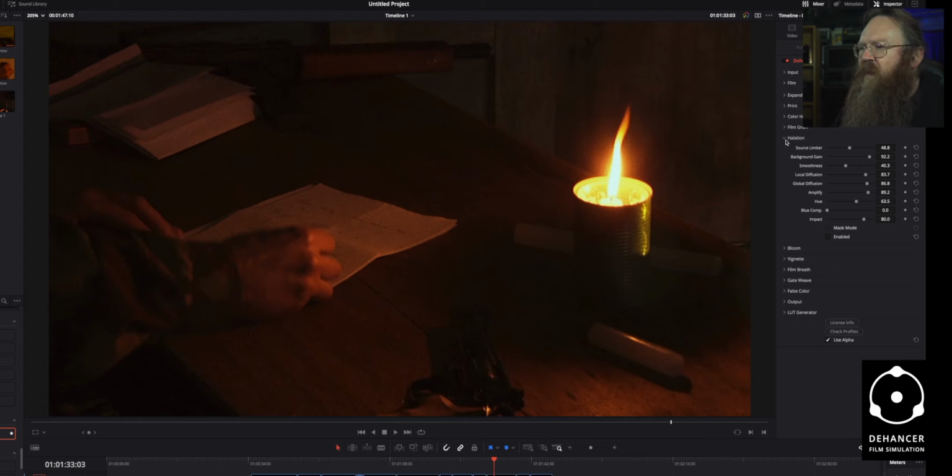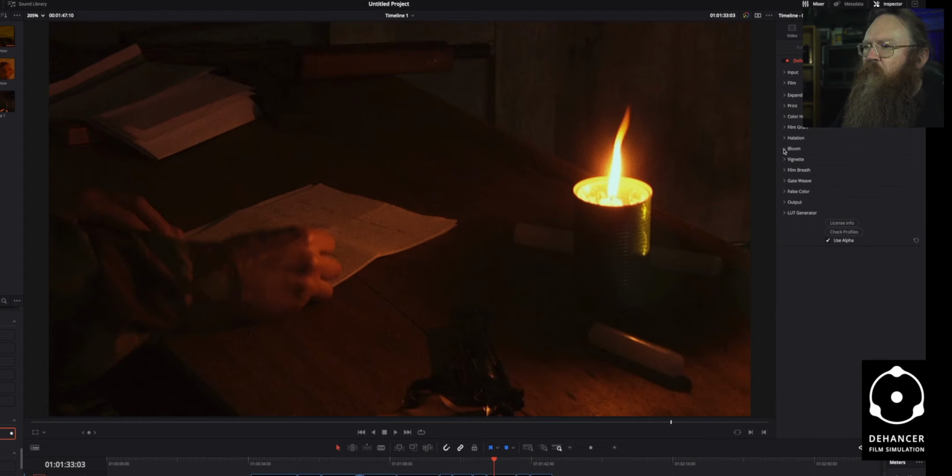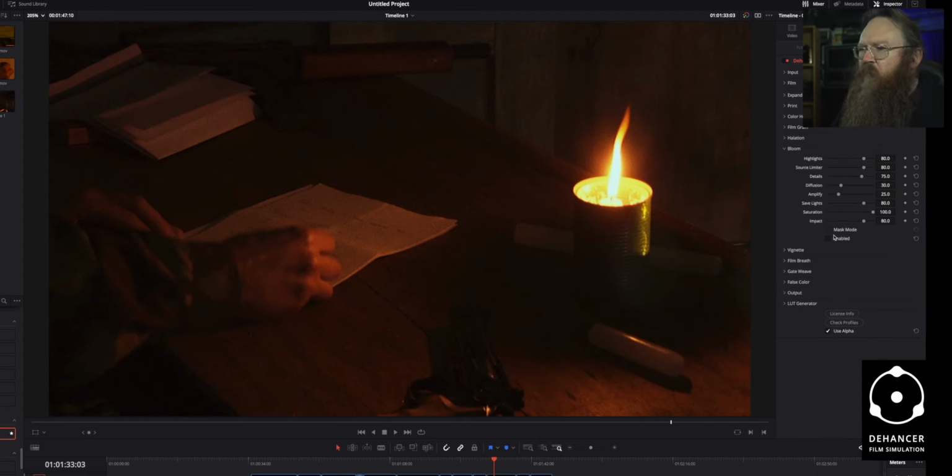I'll just leave that off for now, and we'll have a look at the next one, which is a bloom effect. Now a bloom is a similar sort of thing, and if I turn that one on, you can see that it just increases the brightness and lightness of the candle there as well. And if I do that, you can see that it's creating a glow around the candlelight as well. If I bring the diffusion up, it gives it that soft kind of look,